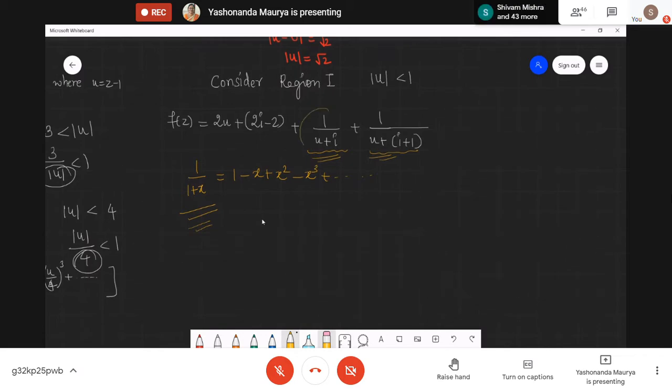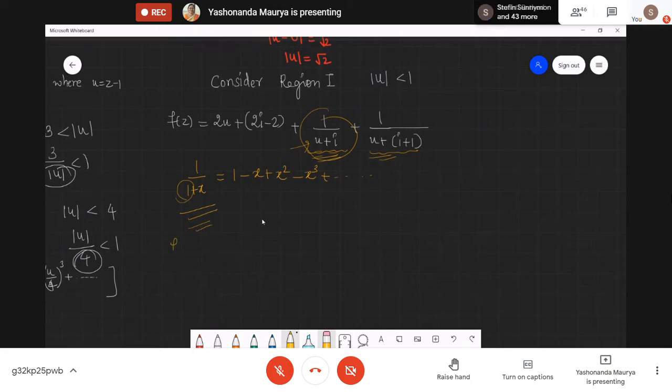Let me focus only on the first one. How can we convert this? I have to bring this 1 into the picture, which is not appearing here. So either we need to take u common or i common. So what should be taken common here? i will be taken as common. Is that clear? Is it clear to everybody? Because that is the only thing that we have to understand.